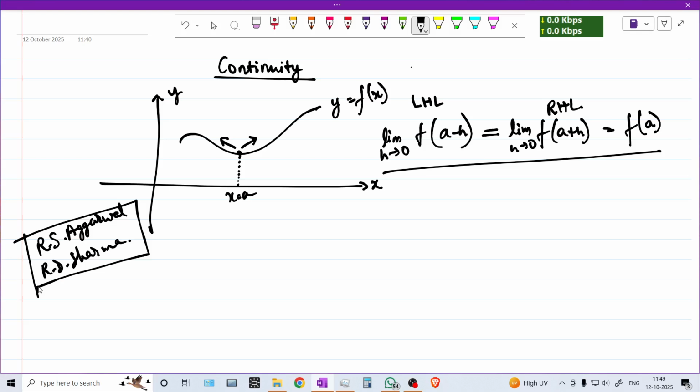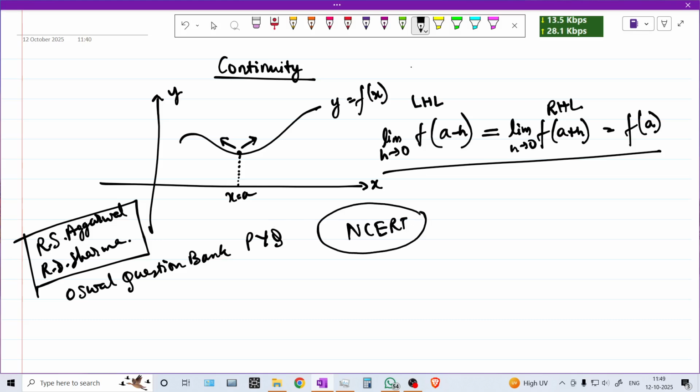Apart from this, if you are a student of class 12 appearing for your board exams, then before the board exams, I recommend that you practice the Oswaal question bank. One book is available in the market. You can purchase the Oswaal question bank and start practicing the PYQ questions from every chapter. 1 mark, 2 marks, 3 marks, 4 marks, 5 marks, all these various kinds of questions are given in this book. You can practice. Apart from this, there is the NCERT book, that is also important, but I recommend that you